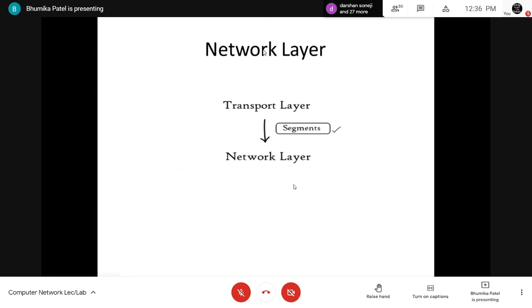Okay, so we can say the network layer will take the data from the upper layer, that is the transport layer. Transport layer no je પણ output હશે, that is the segment. Obviously it is forming the segment, so that segment will be received by the network layer, so that will become the input for the network layer. So now network layer will work for the transmission of the received segment from one computer to another computer in the network.